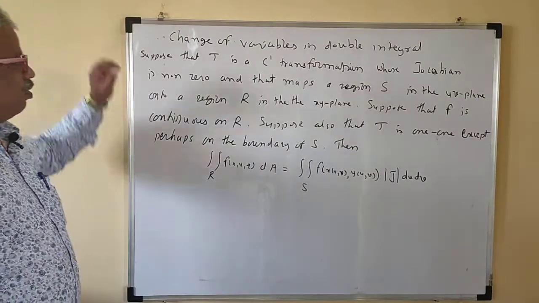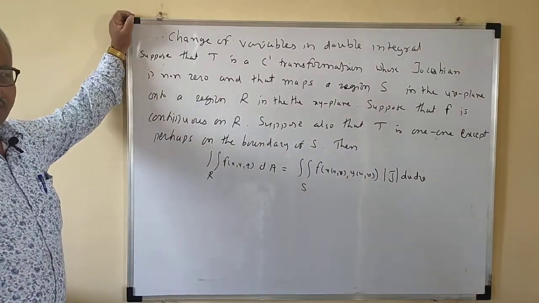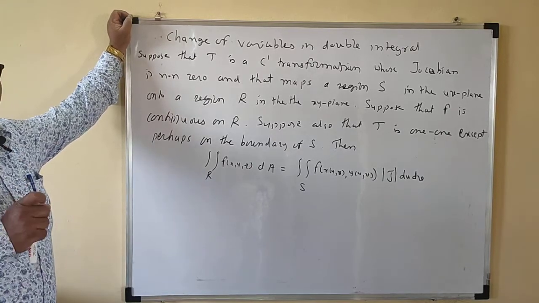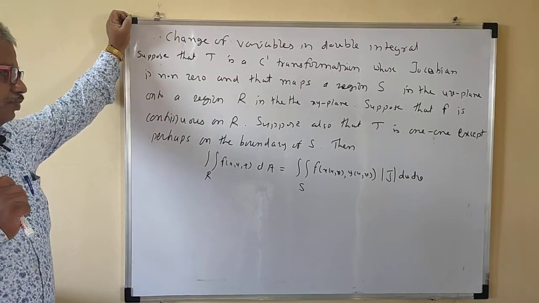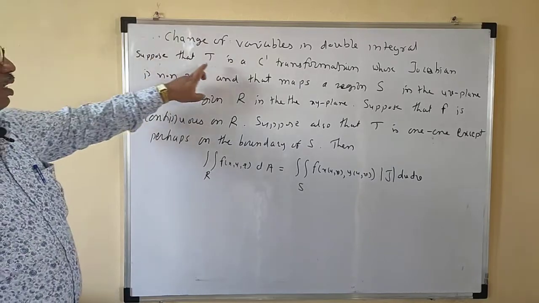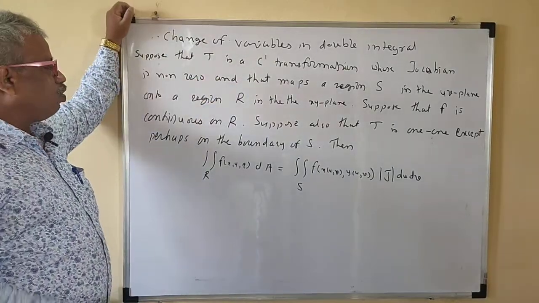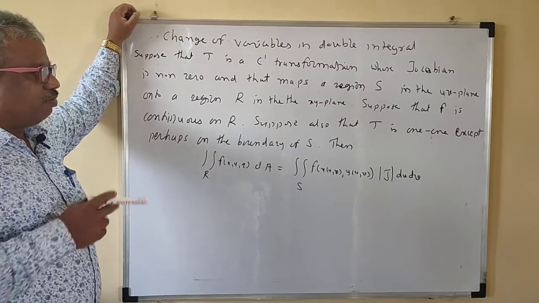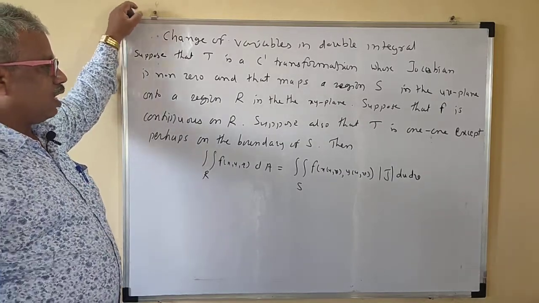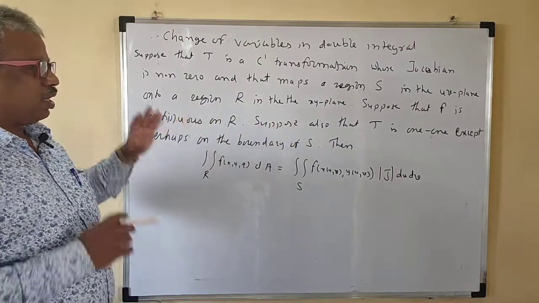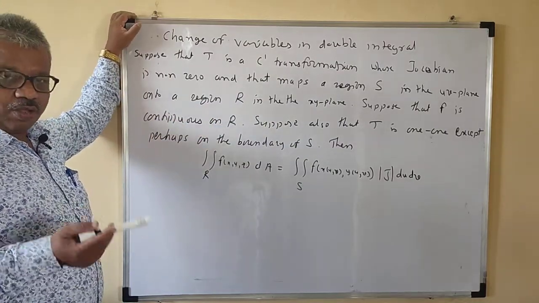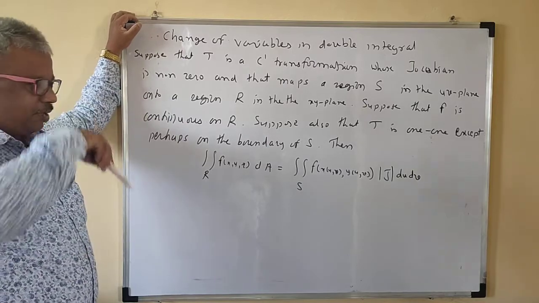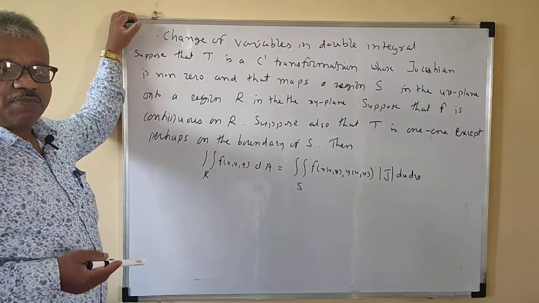The last time we saw the Jacobian. Now, with the help of the Jacobian, we have to evaluate the double integral by using substitution. Here T is the transformation whose Jacobian is not zero. We are familiar with the transformation; last time we saw that S is the map of the uv plane onto the region. That means x is a function of u and v. We have changed the variables in terms of u and v. So how do we evaluate such an integral?